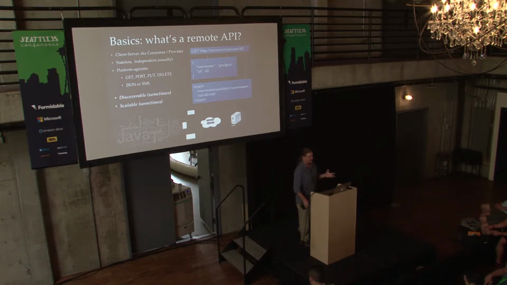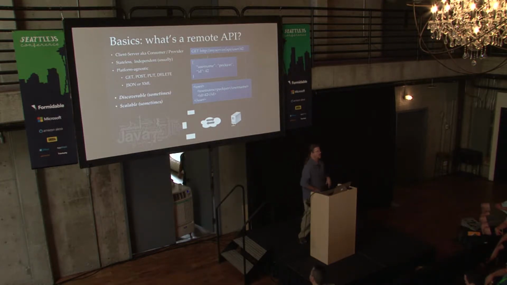Before we go further, just a quick reminder of what we expect out of a remote API, right? It's client-server. So there's someone who's consuming the API. There's someone else who's actually providing the API and doing the work. It's usually stateless independent, and it's, generally speaking, platform agnostic. So it's going to accept and give us back either JSON or XML, JSON a lot more often nowadays. And so you can use it from just about any environment, whether that's command line, just doing a raw curl, or whether that's actually doing it right inside your browser, inside a micro library to call it for you.